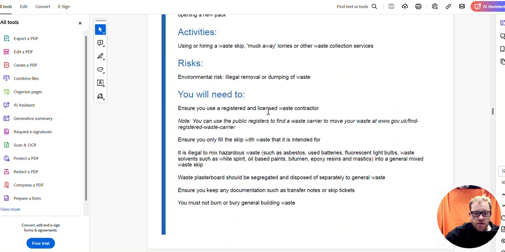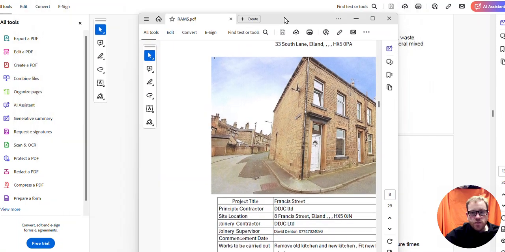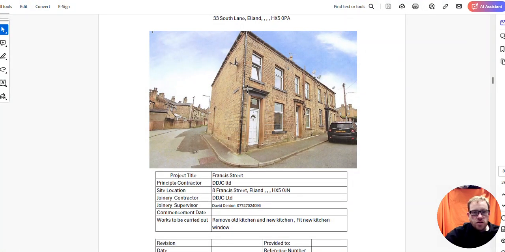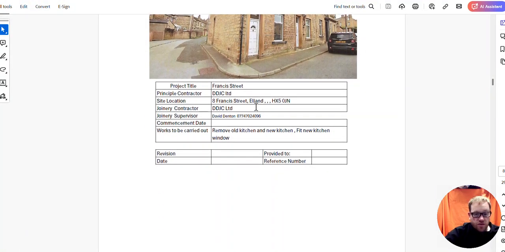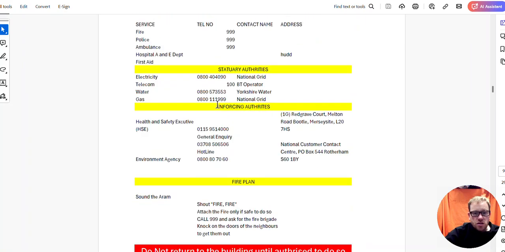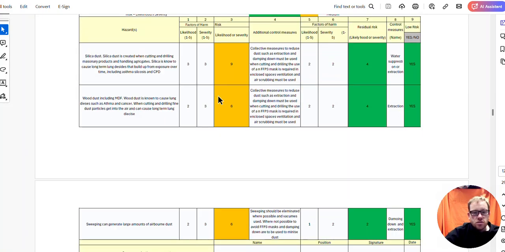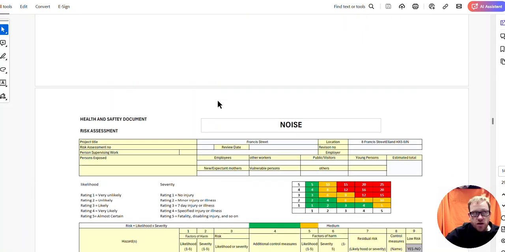So once they have done that job, created this, they then need to, depending on whether they're using subcontractors or their own labour, produce risk assessments. So come on, here we go. So here is the risk assessment document that I've done for this property. I've got different information there, phone numbers, site contacts, working at height risk assessments, dust, and I've done previous videos about dust because